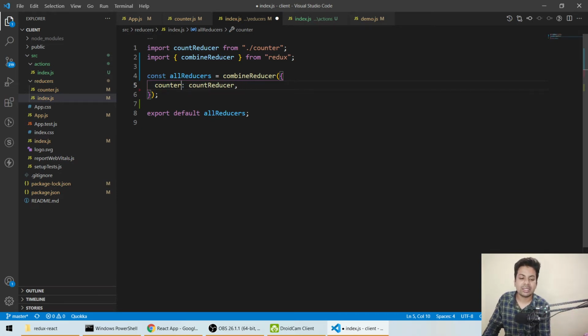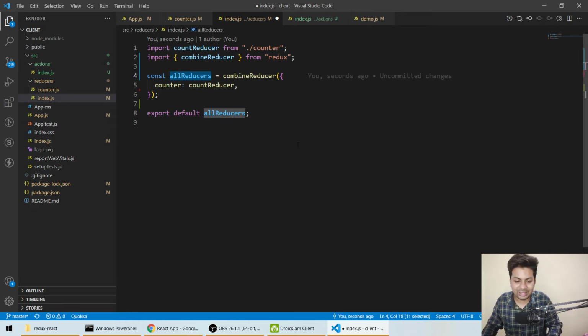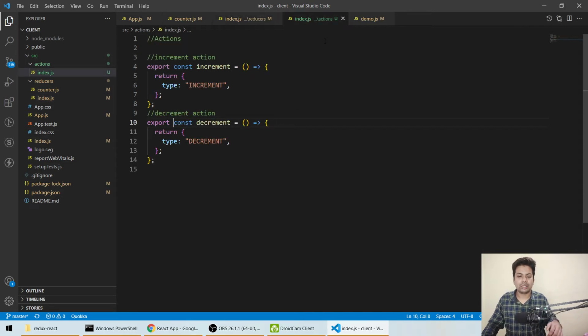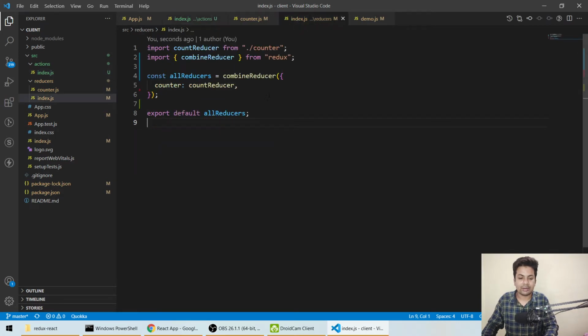I have given it the name counter, so we can check the value by calling counter, and this is all reducers, like this is the function. Okay, so now these things are done. These are the actions, so let me just put it here somewhere. Now this is the combine reducer index.